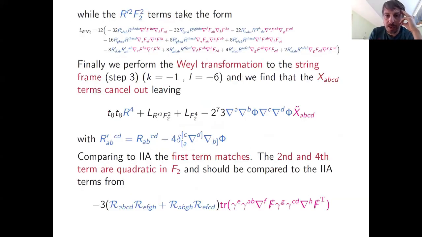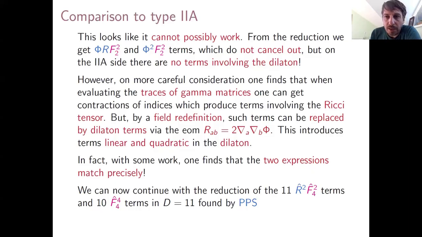But on the type 2A side, as we said, there are no terms involving the dilaton. So what's going on here? This has dilaton terms, this has dilaton terms. But the type 2A result doesn't have any dilaton terms. But if you're a little bit more careful, you notice that when you evaluate the gamma traces here,